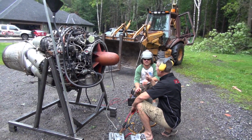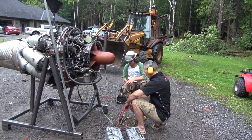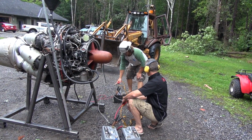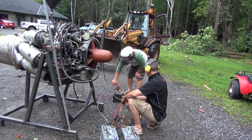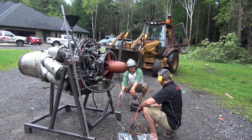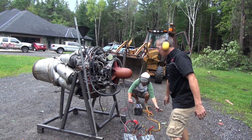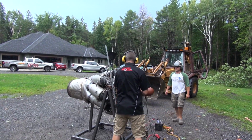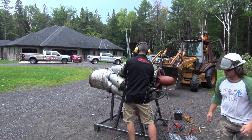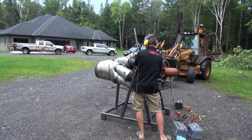And then as soon as this starts ramping up, pull that off and then hook those igniters on. Hook them on, you gotta let them spark. Okay, you ready? And then how do you turn? You're gonna do the fuel. Yeah. Ready? 5, 4,